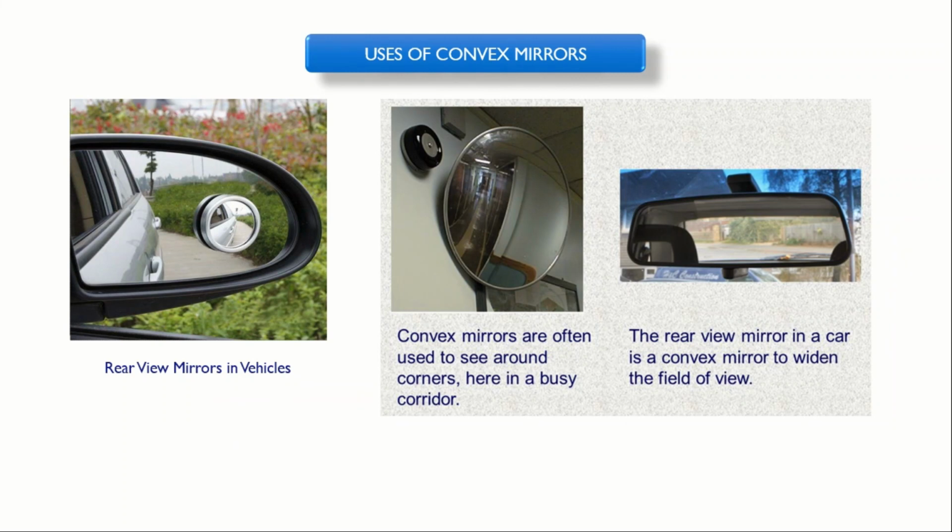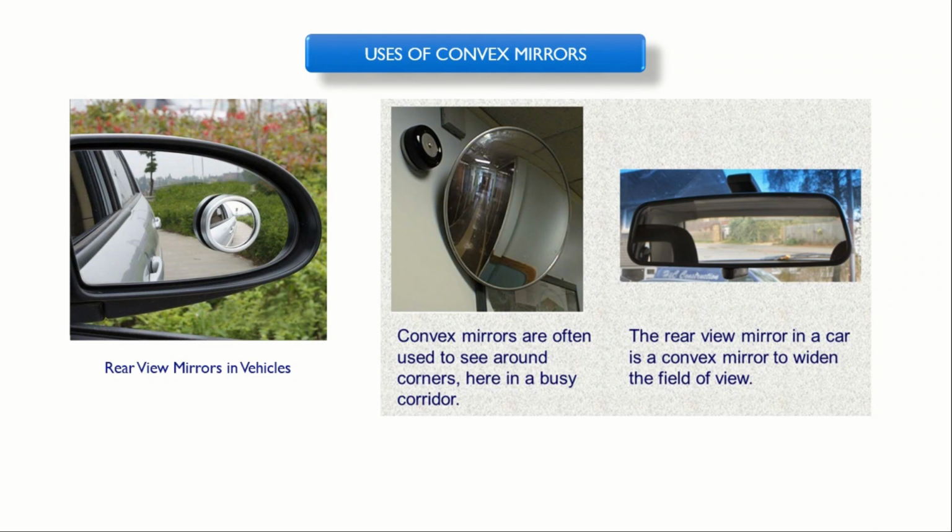Okay, and why is it used? Convex mirrors are commonly used in rear view wing mirrors in vehicles. These mirrors are fitted on the sides of the vehicle, enabling the driver to see traffic behind him or her to facilitate safe driving. Convex mirrors are preferred because they always give an erect though diminished image.